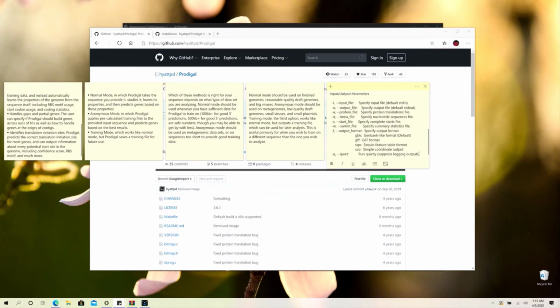For example, input -i or -input_file requires the input file, for example the genome that you are going to predict genes from, and the output file options define what sort of output you want. Where you want the proteins, that is utilized through -a. -d outputs the nucleotide files. -s